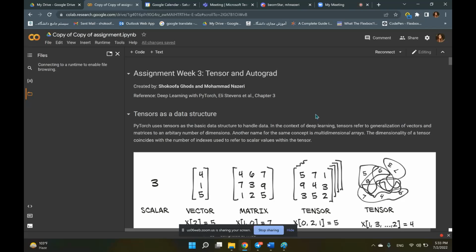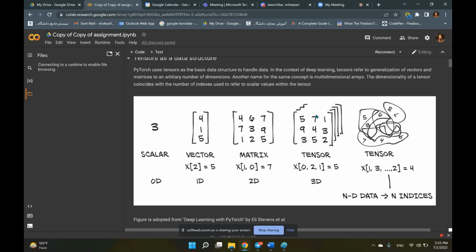Okay, as you might know, the common data structure that PyTorch uses for storing the numerical data is the tensor. Tensors, just like the arrays of the NumPy library, can handle and work with multidimensional arrays, but in comparison with NumPy arrays, tensors